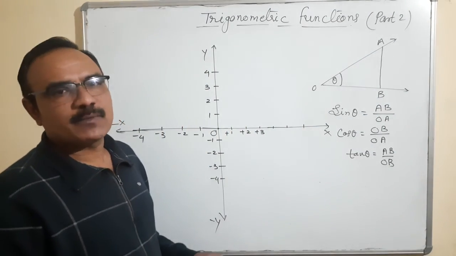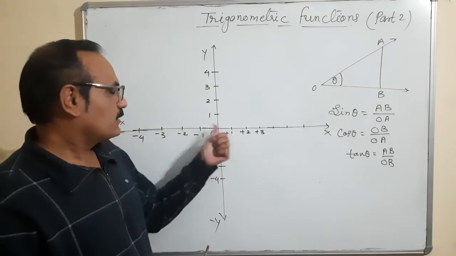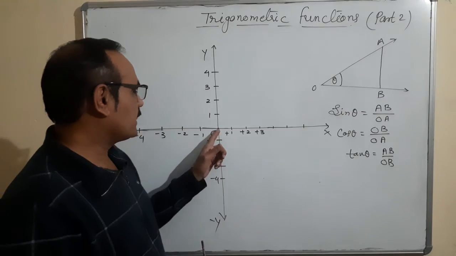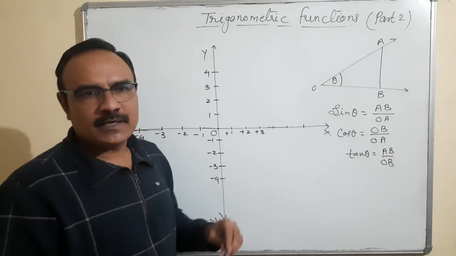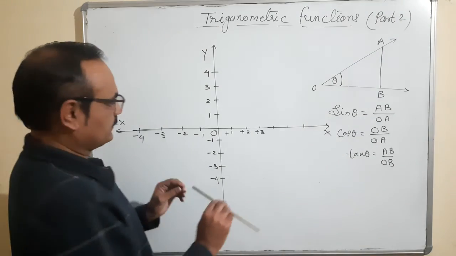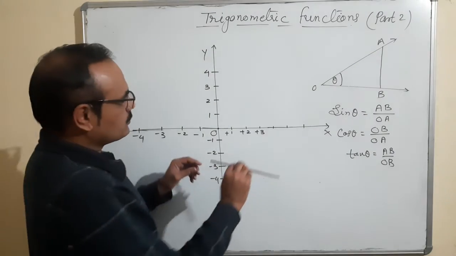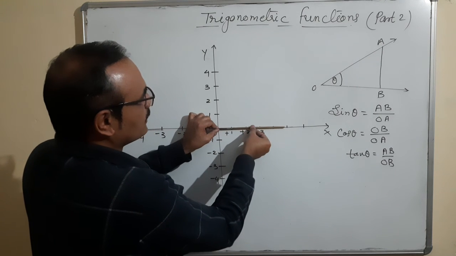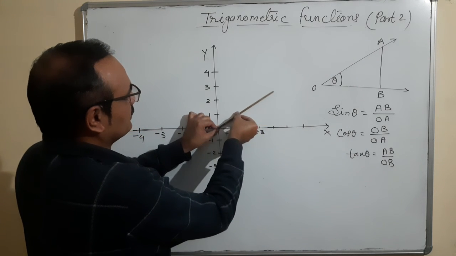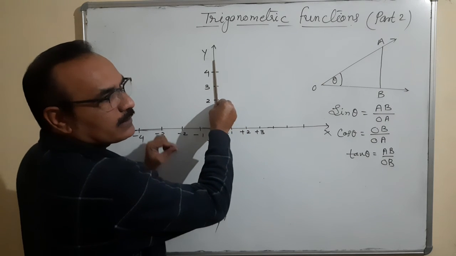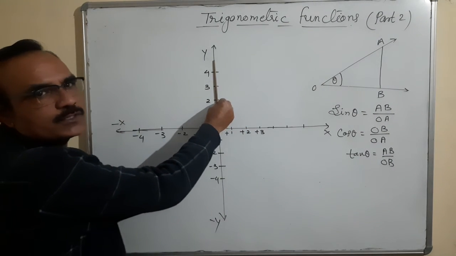We will consider it as the vertex, that means the initial point of the ray. We will treat this ray as fixed and the second as a rotating ray. I have taken a rotating ray for the sake of your convenience so that you will understand it. This is the condition, and now this ray will start rotating like that. It is in the first quadrant, 0 to 90, or I will use radians also, 0 to pi by 2.